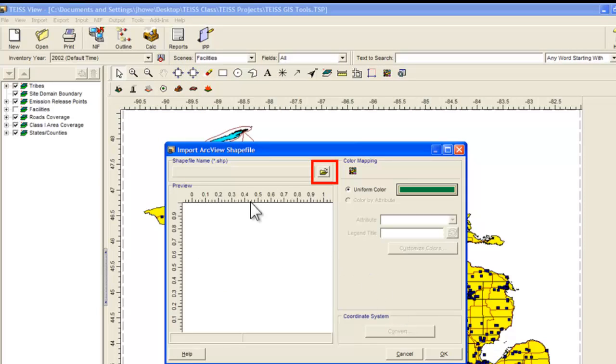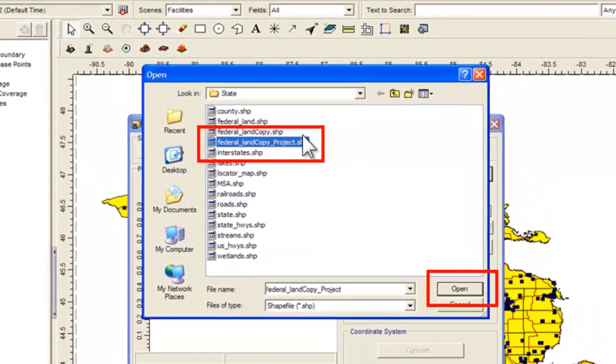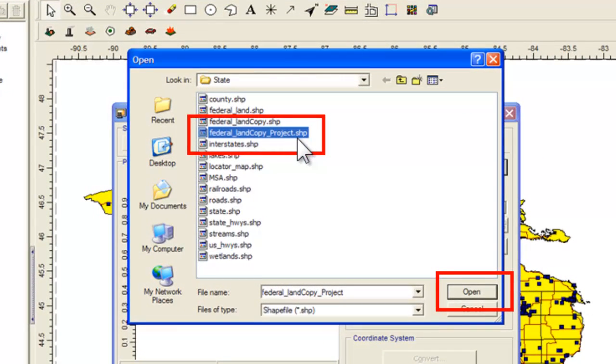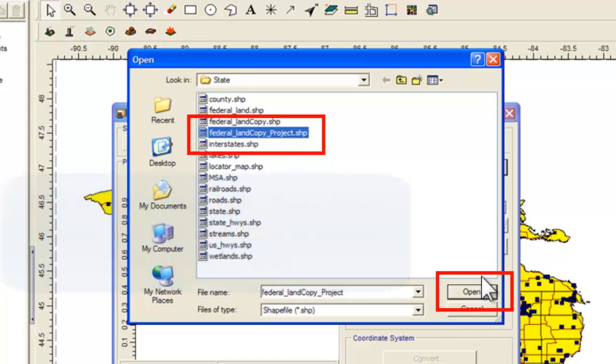So after that shapefile option is selected, it opens up this window where you can specify where the file is saved on your computer. And this is the browse button, or the folder button. You click on that and find where the file is on your computer. You're looking for a shapefile, which will have a file name extension of .shp. So you find that file, which in this case is federal land copy _ project.shp, and you click on the